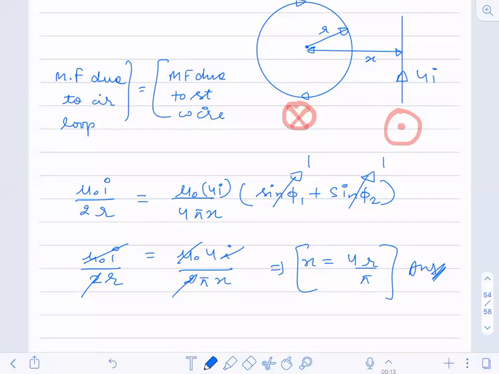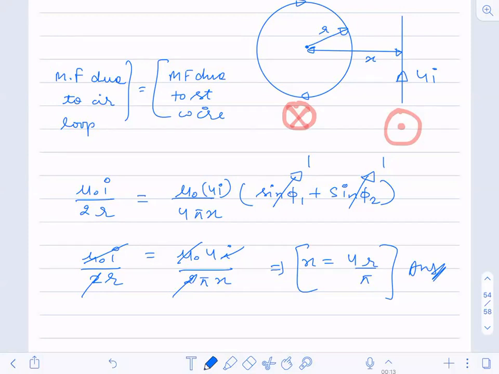You have to find out the magnetic field at the center, such that the net magnetic field due to the circular wire and due to the straight wire must be 0. Now, the direction of the magnetic field due to the circular wire is downward, so the direction of the magnetic field due to the straight wire must be upward. Then only they will cancel each other. This should be your basic understanding. If the net field is 0, both the fields must be pointing away from each other. They should not be pointing in the same direction. Then only you will get it cancelled.